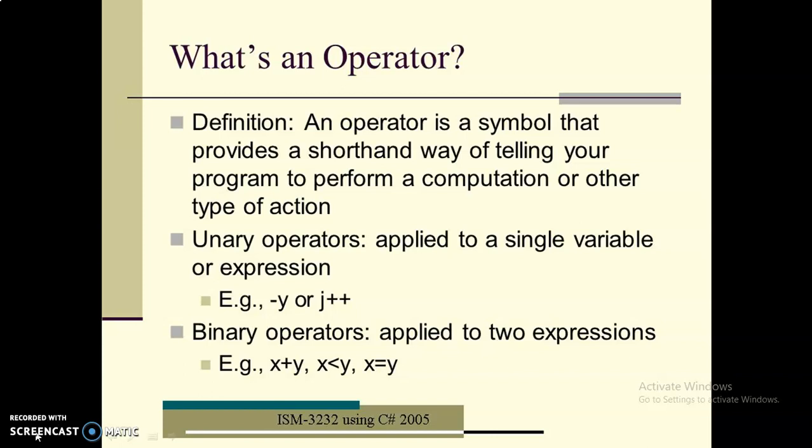An operator is a symbol that tells the compiler what to perform. If an operator is an arithmetic operator, it performs an arithmetic operation. If the operator is a comparison operator, it will compare the values, like that it will perform some operations. So an operator is a symbol that tells the compiler to perform certain mathematical or logical manipulations. Operators are used in programs to manipulate data and variables.